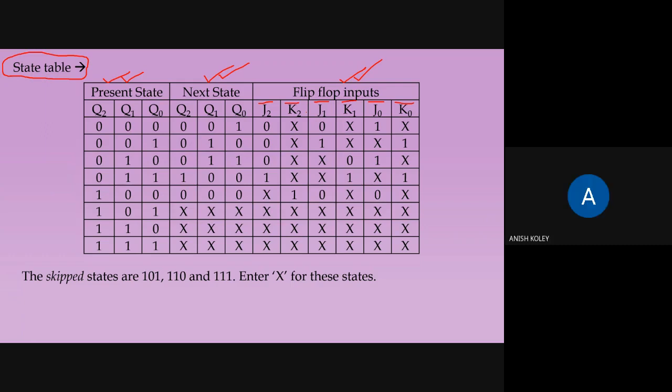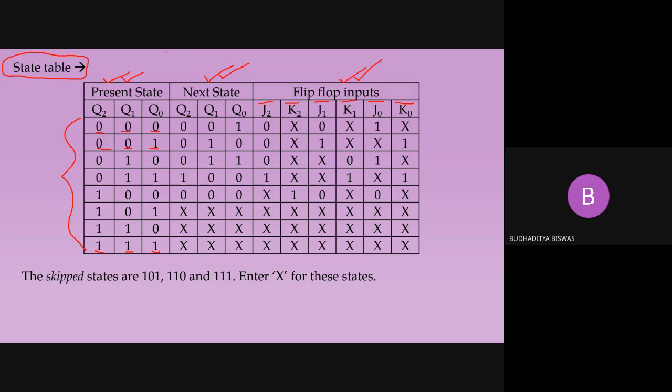No, sir. Okay. Next. Three outputs are there, Q2, Q1, and Q0. So for 3 variables in binary, how many possible combinations are there? Eight possible combinations, starting from 000 to 111. So write 000 to 111. The present state is 000, then 001, and in this way, up to the last, 111.